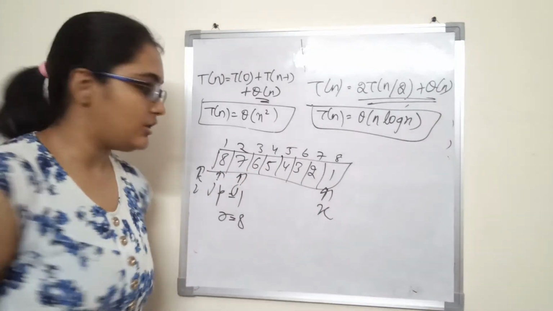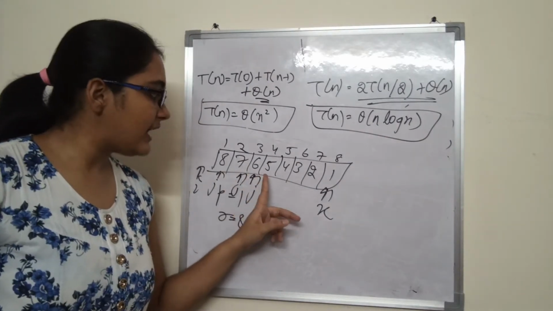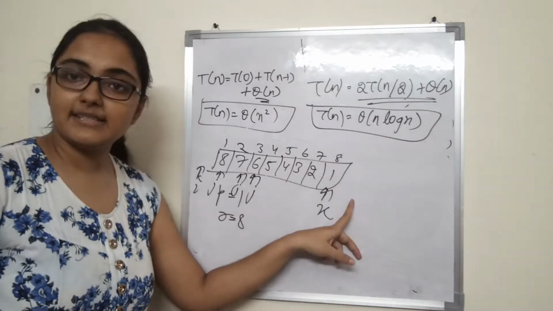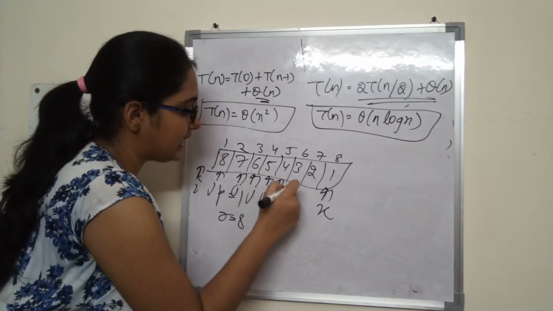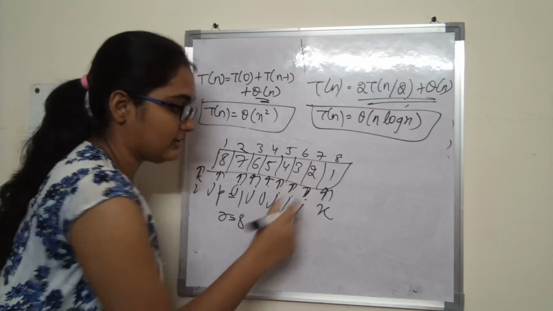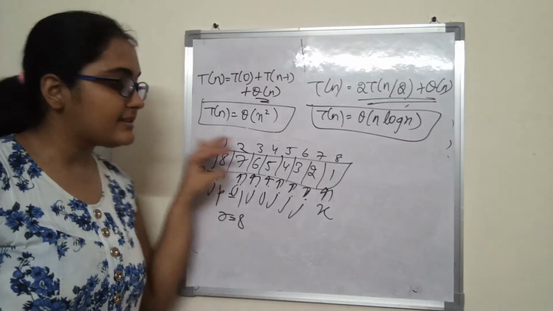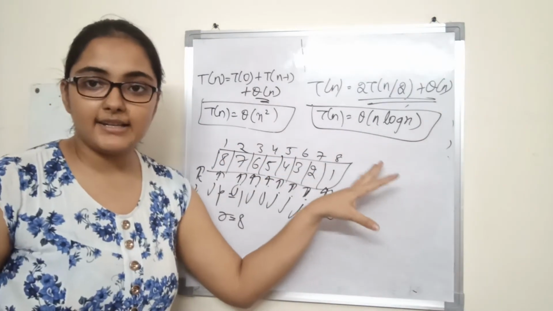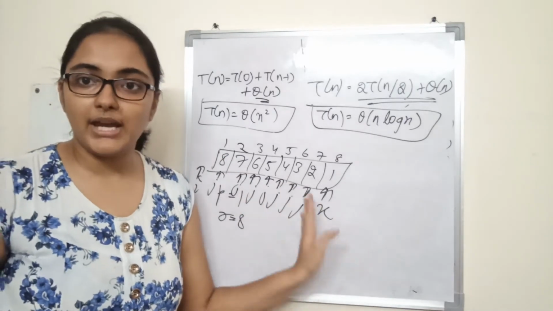7 is less than 1? No, it will increment. 6 is less than 1, no, increment. 5 is less than 1, no, increment. Okay. Now again, this will continue till the end. 2 is also not less than 1. So what is happening? When the array is reverse sorted, it will be unable to find an element that is smaller than the pivot element. So it will just keep on incrementing and not doing anything, right?